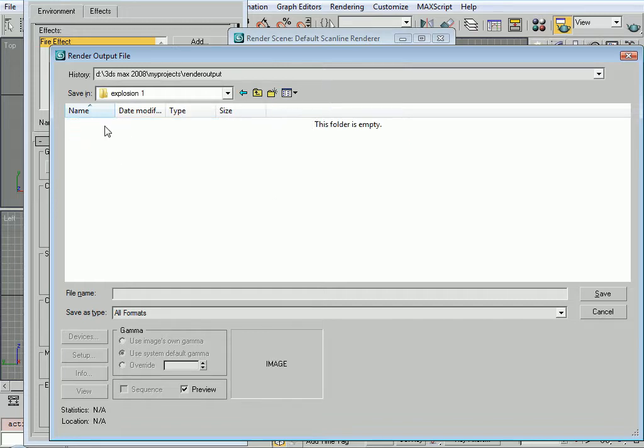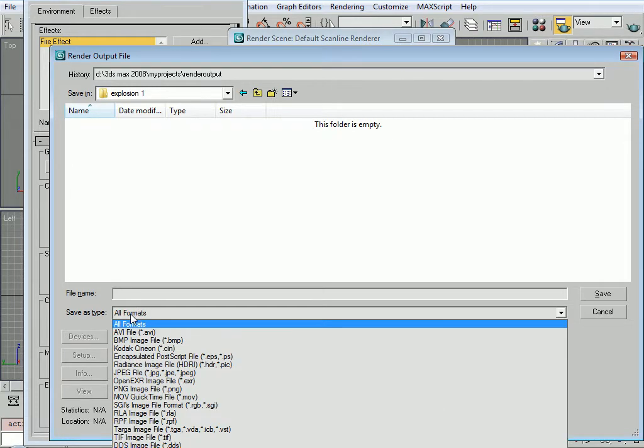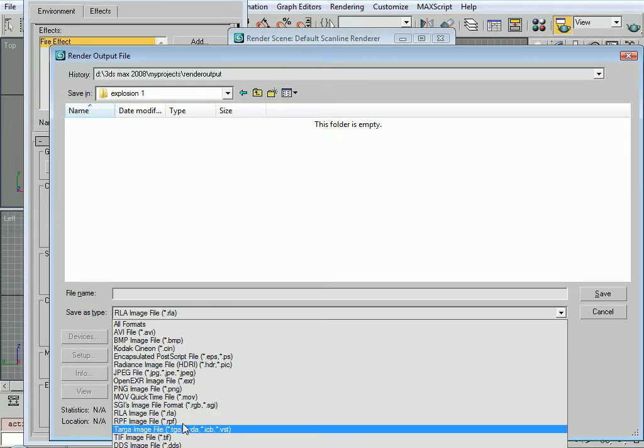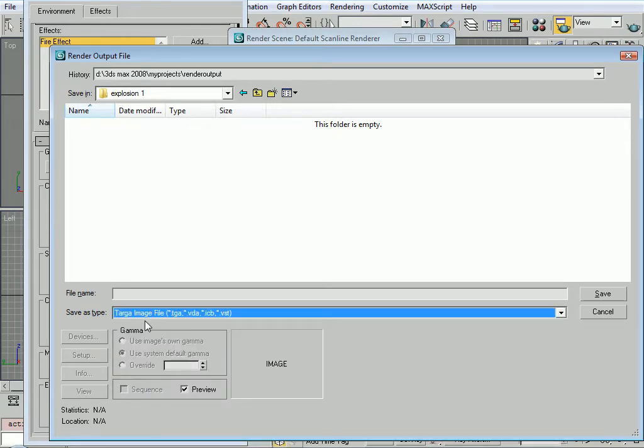Alright, and this is where I'm gonna render my animation, and I'm not gonna render it as AVI or QuickTime. I'm actually gonna render it as a sequence of Targa images that will retain the alpha channel. So I'll call this, let's say, explosion